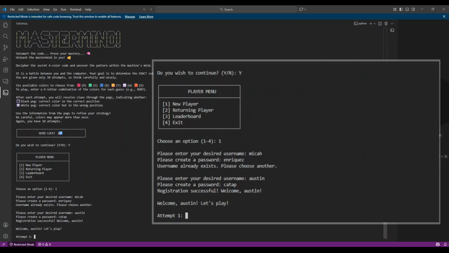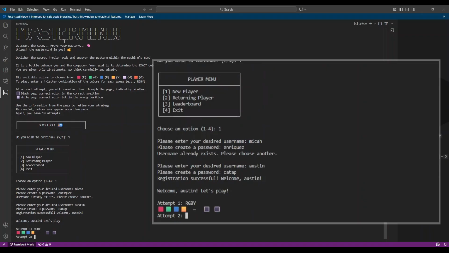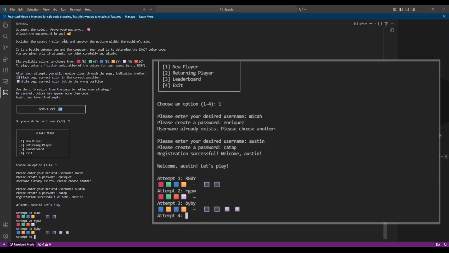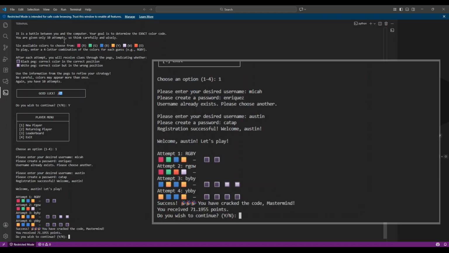Now we play as the newly registered user. The goal is to guess the secret 4-color code within 10 attempts. Our feedback system compares the guess to the secret code. A black peg means correct color in the correct position, while a white peg means correct color but in the wrong position. When the player guesses all 4 positions correctly, the program detects 4 black pegs and displays the success